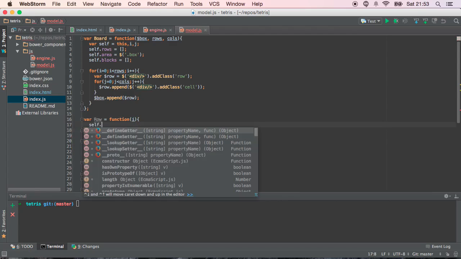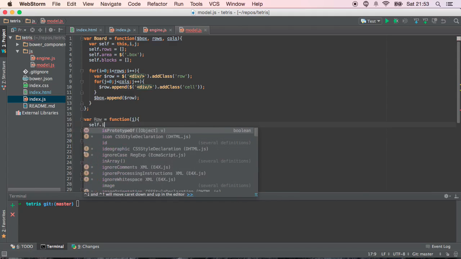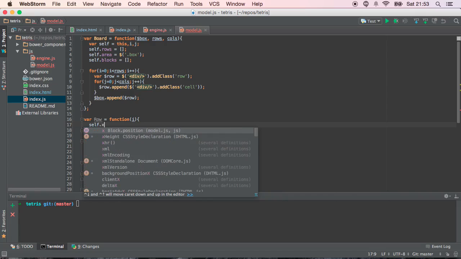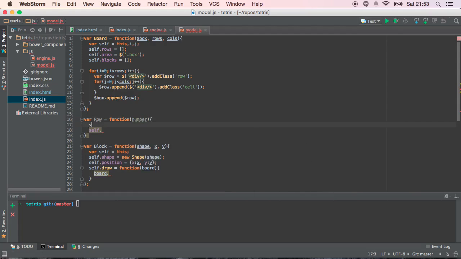So self dot index or x. It's really our x, right? No, it's our y. Well, but that's kind of confusing as well. So row, we'll just do number. And so then we'll do var self equals this, self dot